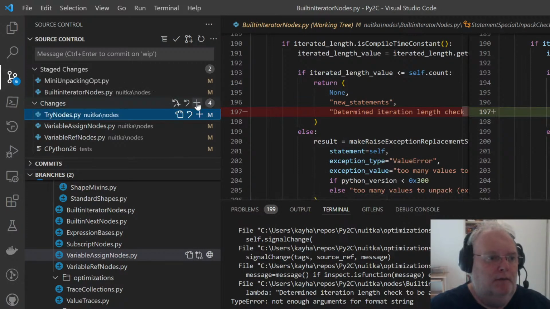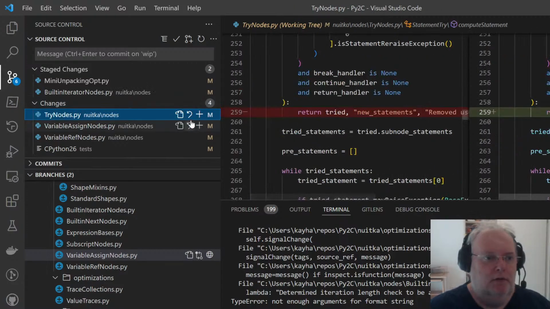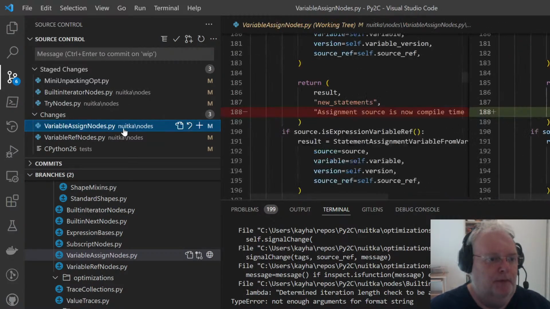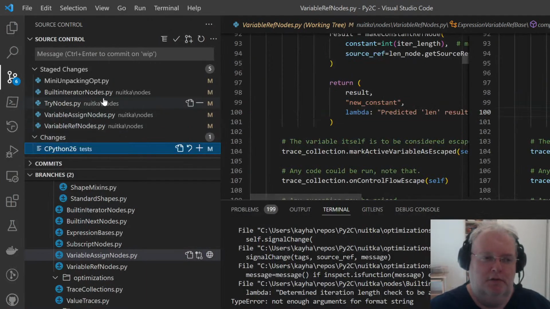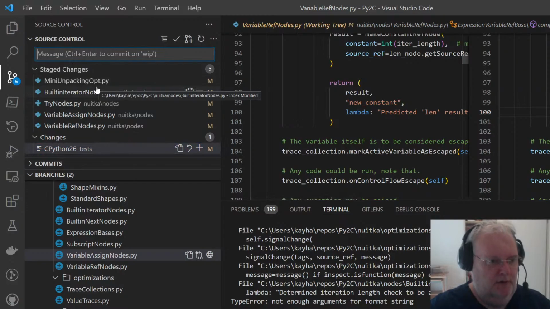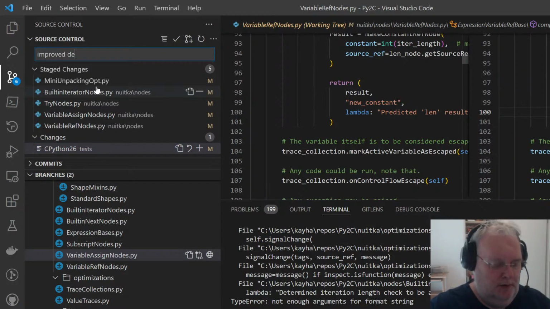Yeah, these just refine outputs, so it becomes more readable. If multiple of these are happening concurrently, otherwise it will be impossible to debug. So improved debug outputs. Okay, debug outputs, very nice.